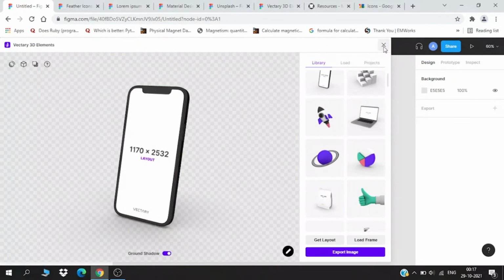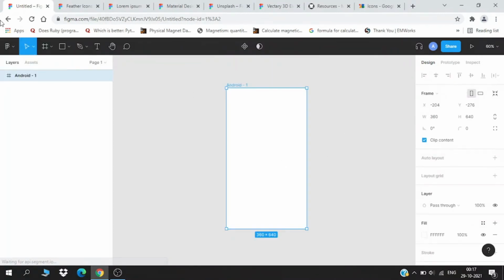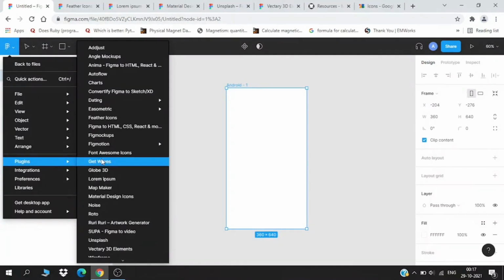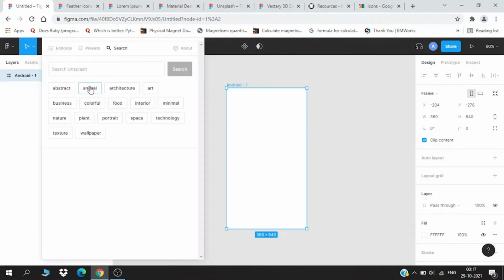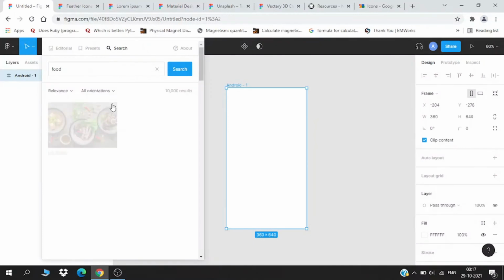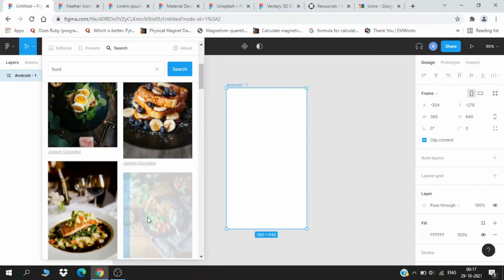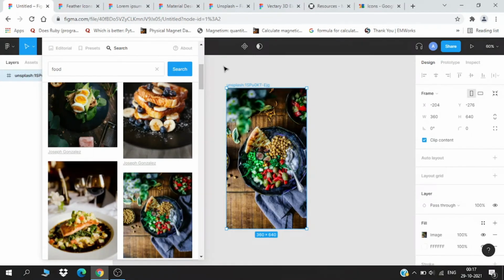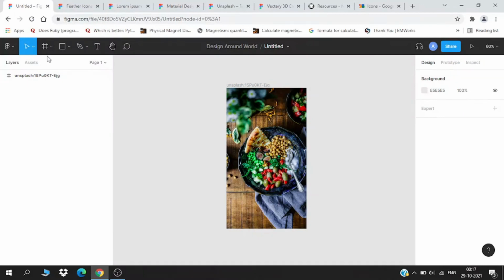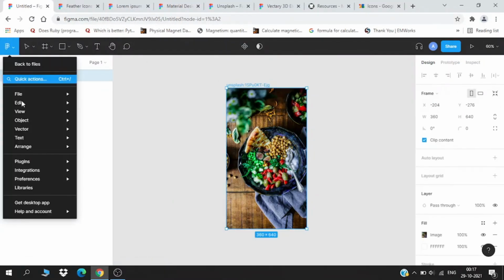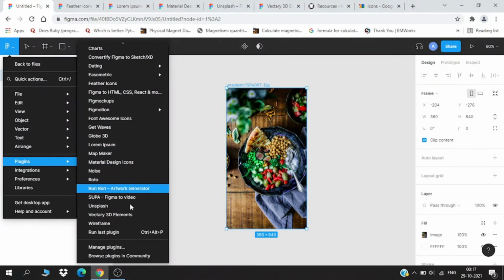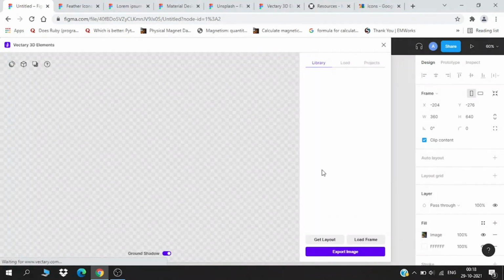Let me put something on this frame. I will open Unsplash again and just put anything, a portrait, and let's select any. So this is on this frame, and now I will keep this frame selected and open the Vectary 3D elements. The frame is selected already, as you have seen.